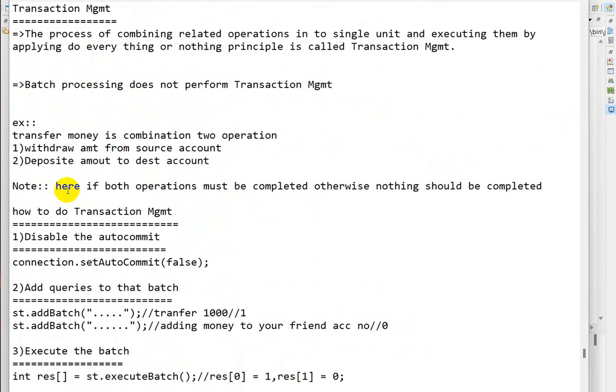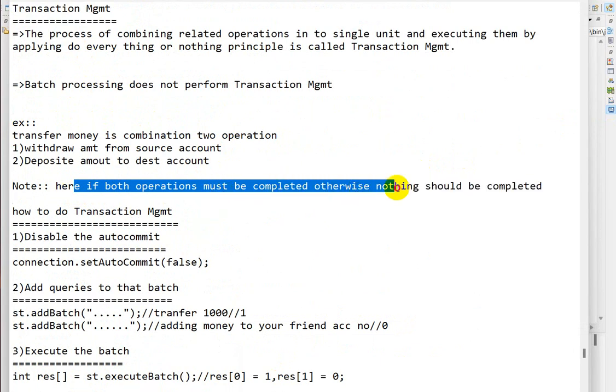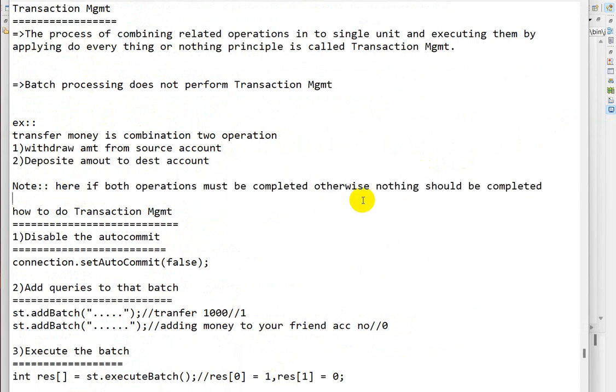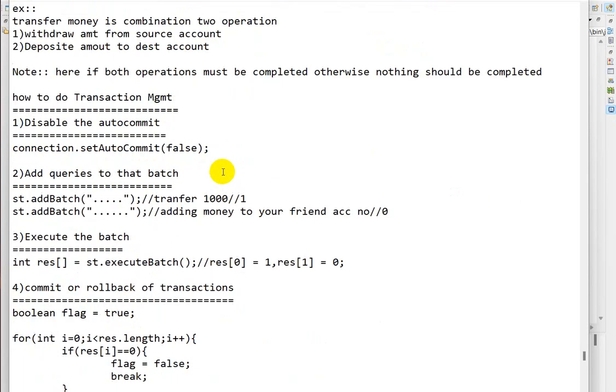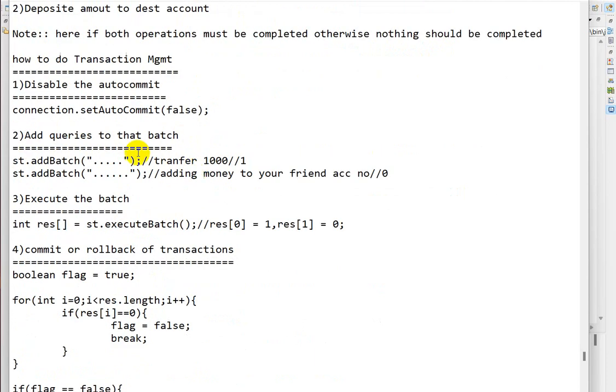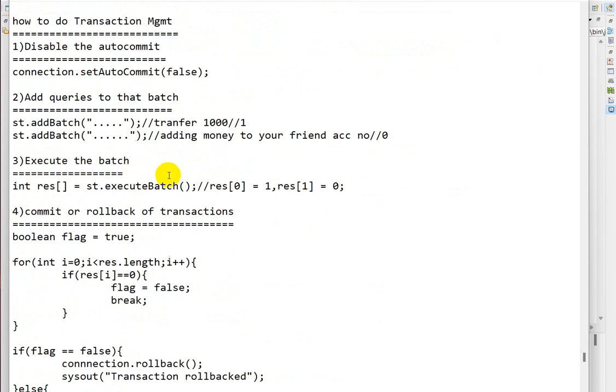Note here that both operations must be completed, otherwise nothing should be completed. Only if both operations are completed do we commit, otherwise we do rollback. So first step is to disable the auto commit, connection.setAutoCommit. Then add the queries to the batch, st.addBatch. Then execute the batch, int result array equals st.executeBatch.